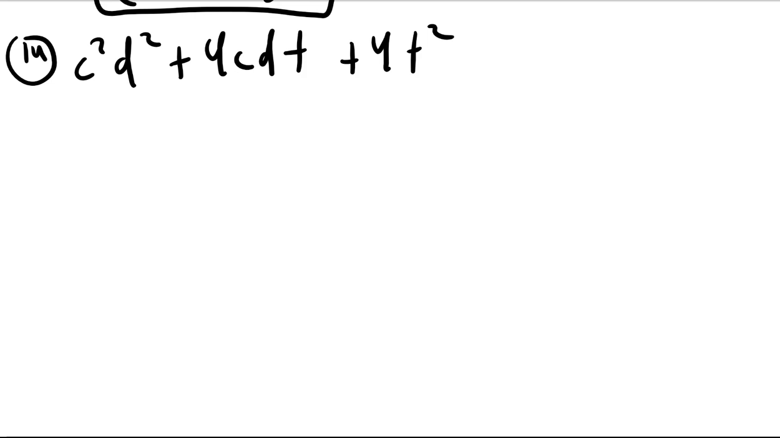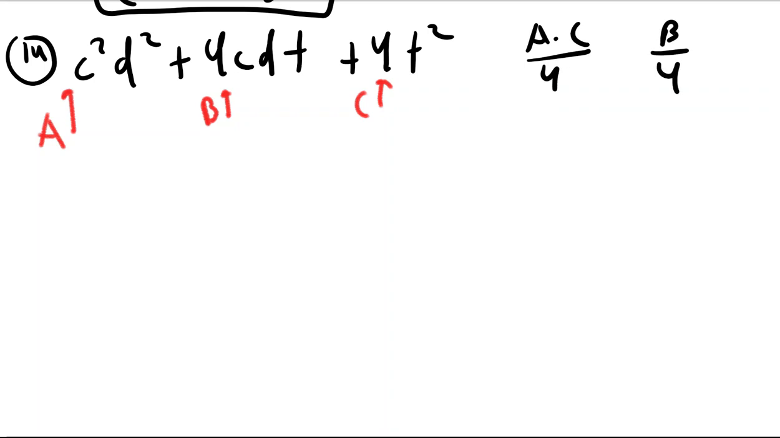I could see guess and check being maybe a touch harder since there's three different variables here. But product sum is still going to work out. A is 1, B is 4, and C is 4. So A times C would be 4, and B is positive 4. So if you can think of two numbers that multiply to this, but add up to that, such as 2